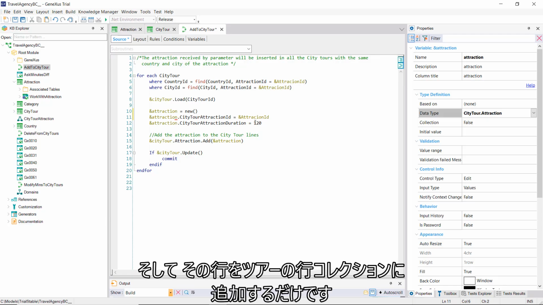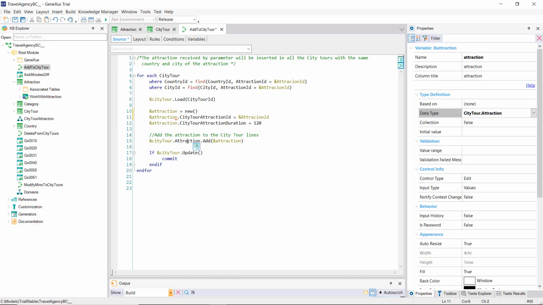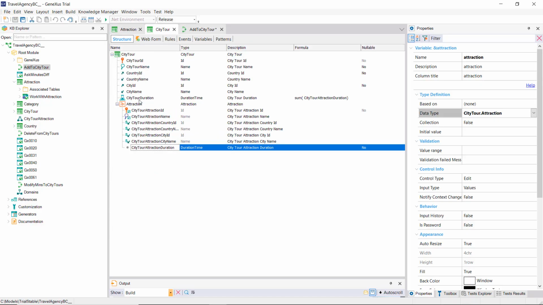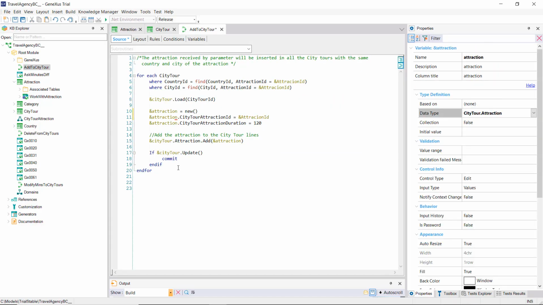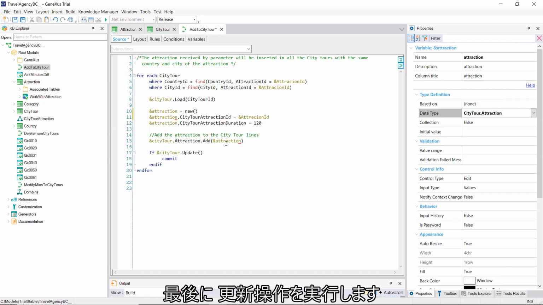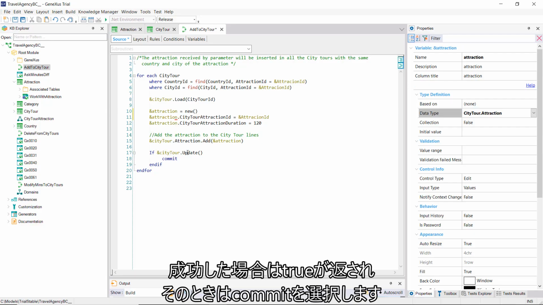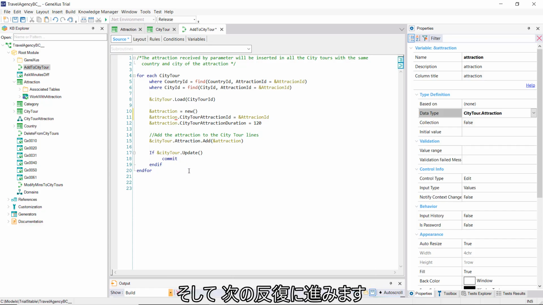And then we just have to add that line to the city tour line collection. Finally, we perform the update operation that will return true if it was successful, and in that case, select commit. Then it goes on to the next iteration.